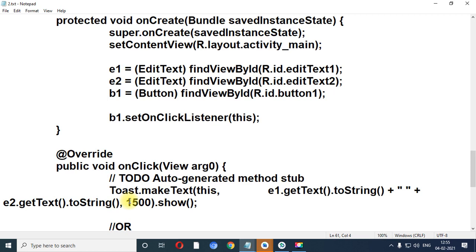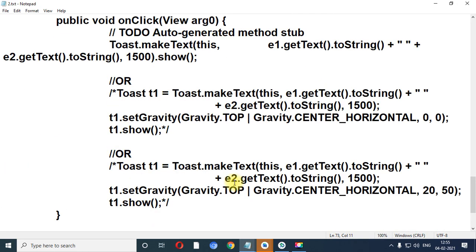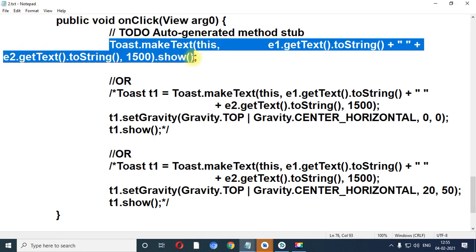Again, this particular application contains three different ways to use toast. So you can use it by putting comment lines. Let me scroll up to override. This is the first way to use toast.